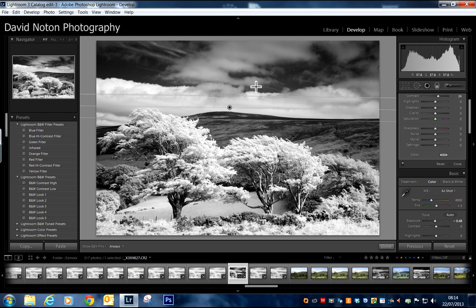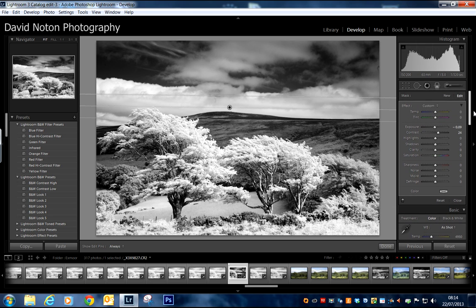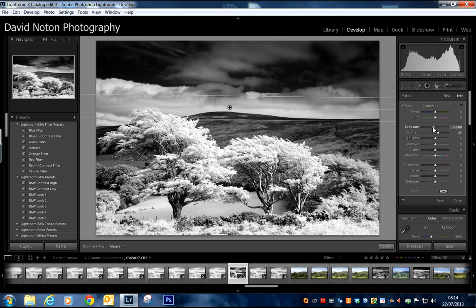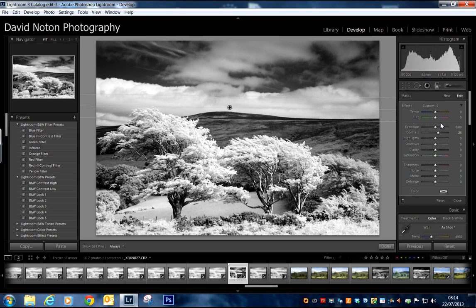It's all there, but instead of controlling the actual darkness of the picture using the exposure slider, I'm going to actually affect the contrast using this contrast slider. And if I bring it quite a way to the right, as I said, you do things to extremes with black and white and infrared work, and that has really made quite a difference to the sky. So I'm going to click on done there,